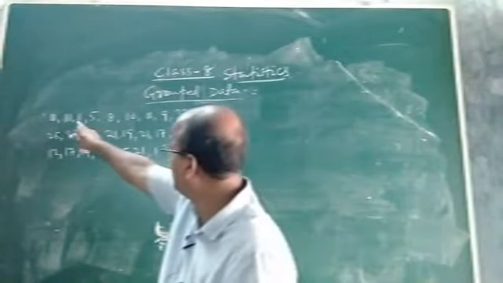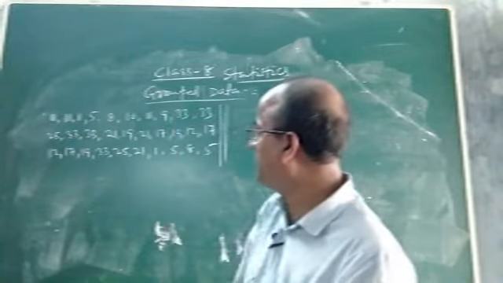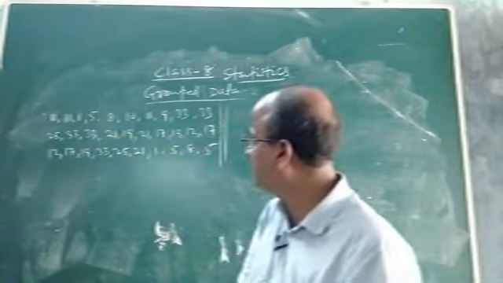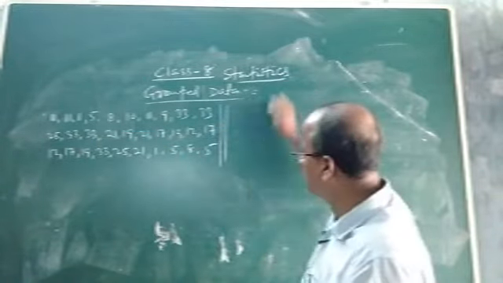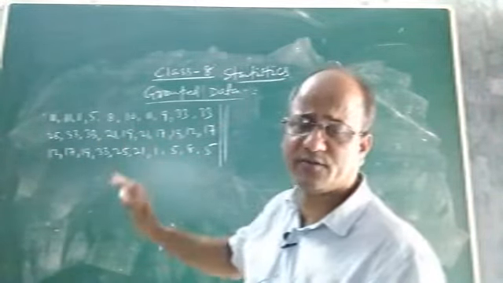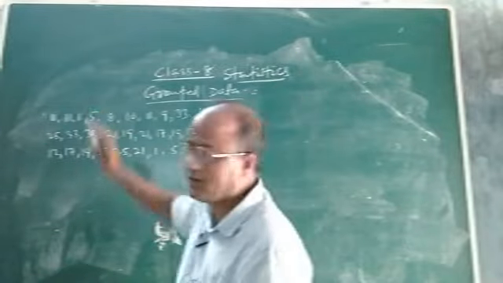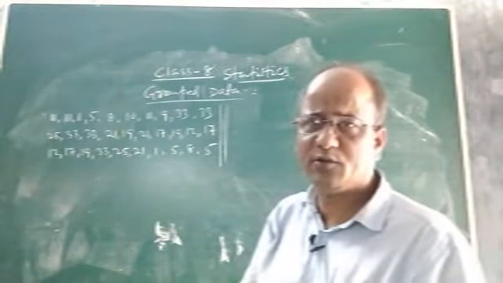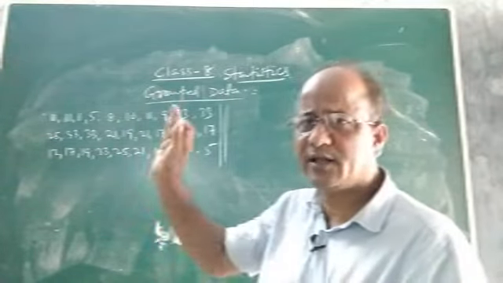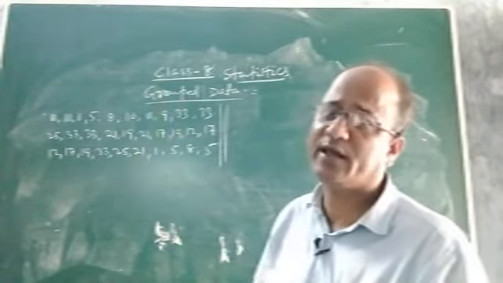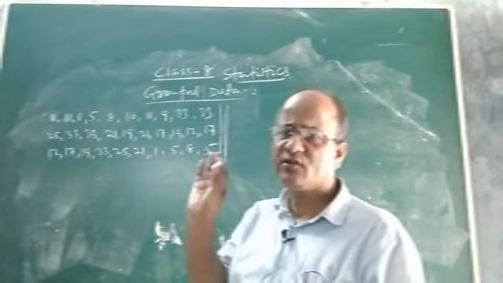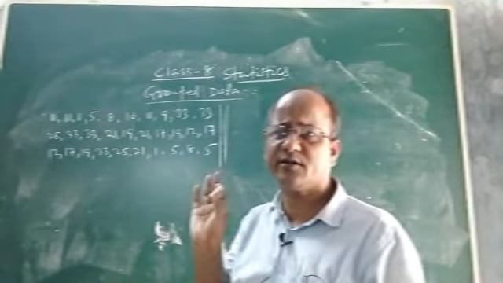Because the minimum rainfall is 1 millimeter, and the maximum rainfall is 33, so from 1 to 33 you have to write. Just imagine how much: 1 millimeter, then 5 millimeter, then 8 millimeter rainfall occurred. These are individual observations or ungrouped data. Then you have to count how many times they occur in the distribution, then represent them by means of tally, so that you will get the ungrouped frequency distribution.